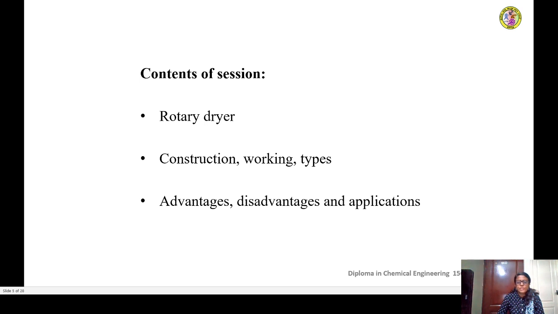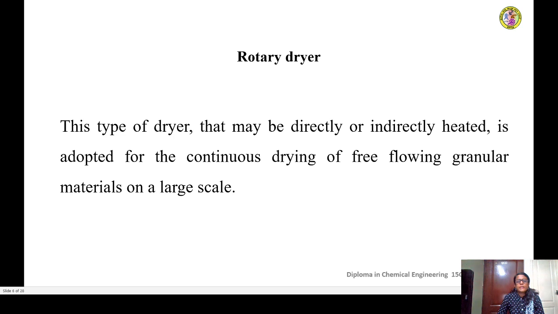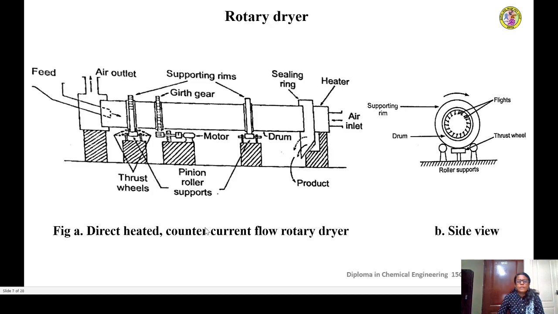as well as advantages, disadvantages, and applications. So, rotary dryer is that type of dryer which may be either directly or indirectly heated and adapted for usually continuous drying operation of free flowing granular materials on a large scale. So, this is one type of dryer which can be utilized on a large scale drying operation, and it may be directly or indirectly heated. At the same time, it can be used for a continuous drying operation. Okay, so this is a simple sketch of a rotary dryer